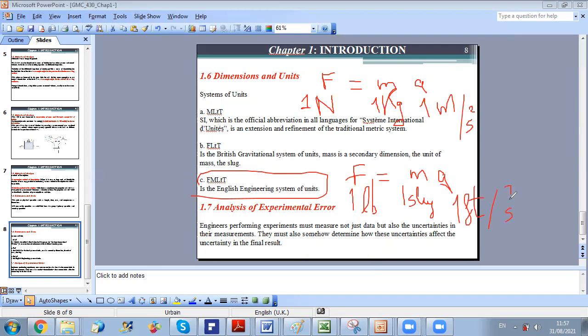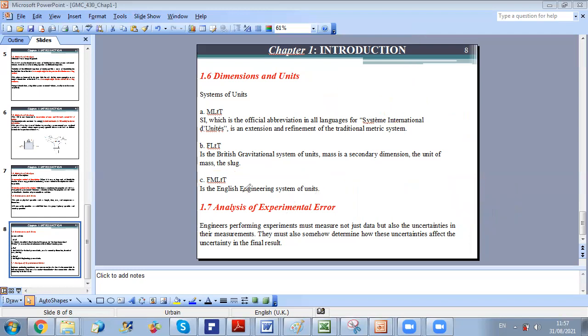However, in the English engineering system of units, we decided to do it in a different way. In the English engineering system of units, we said that we will define the force of 1 lb as a force that, when exerted on a mass m, where the mass in the English engineering system of units is in lbm, so if I apply 1 lb on a 1 lbm mass, I will create an acceleration a equal to g, which is 32.2